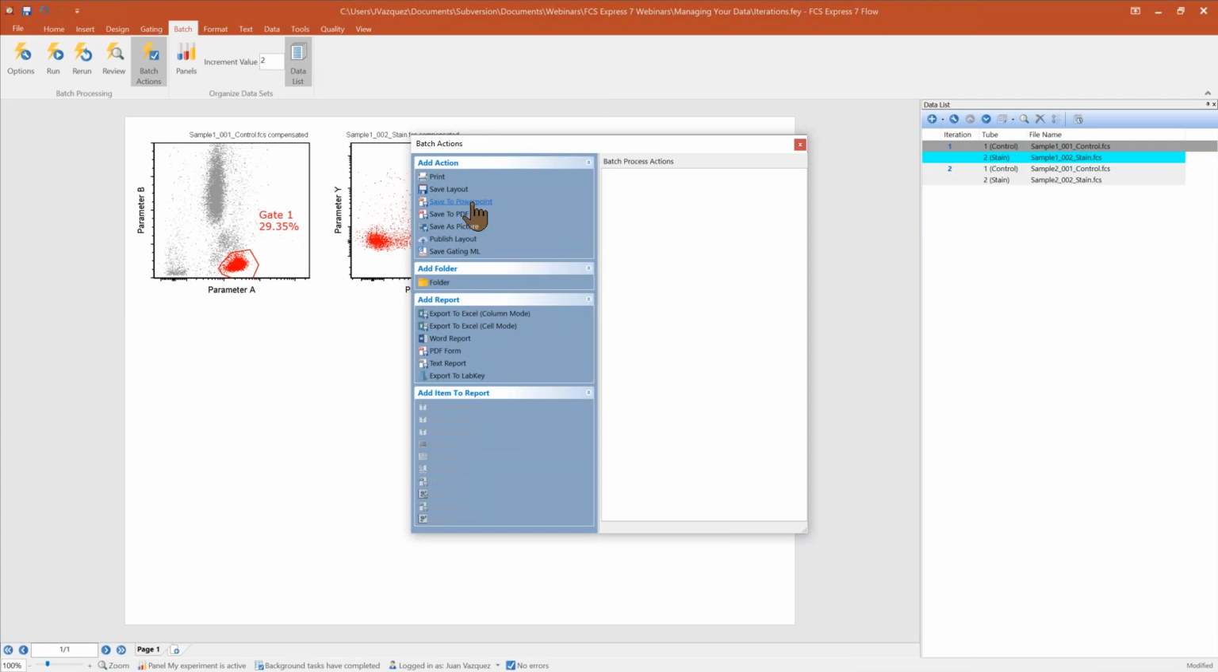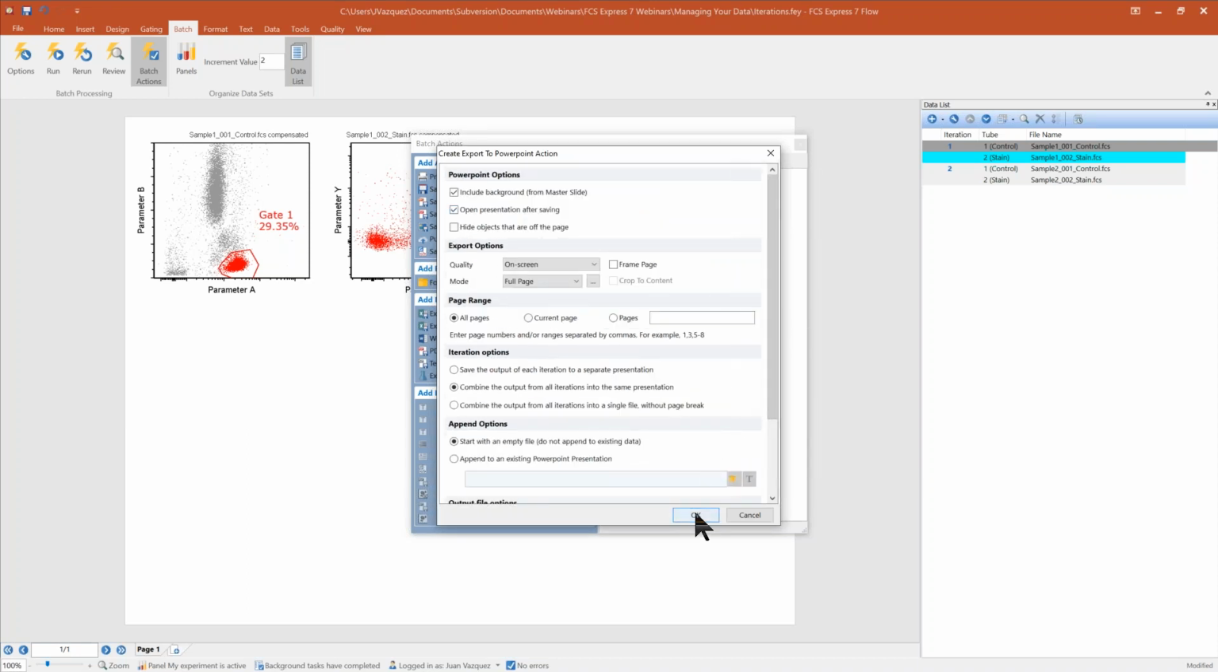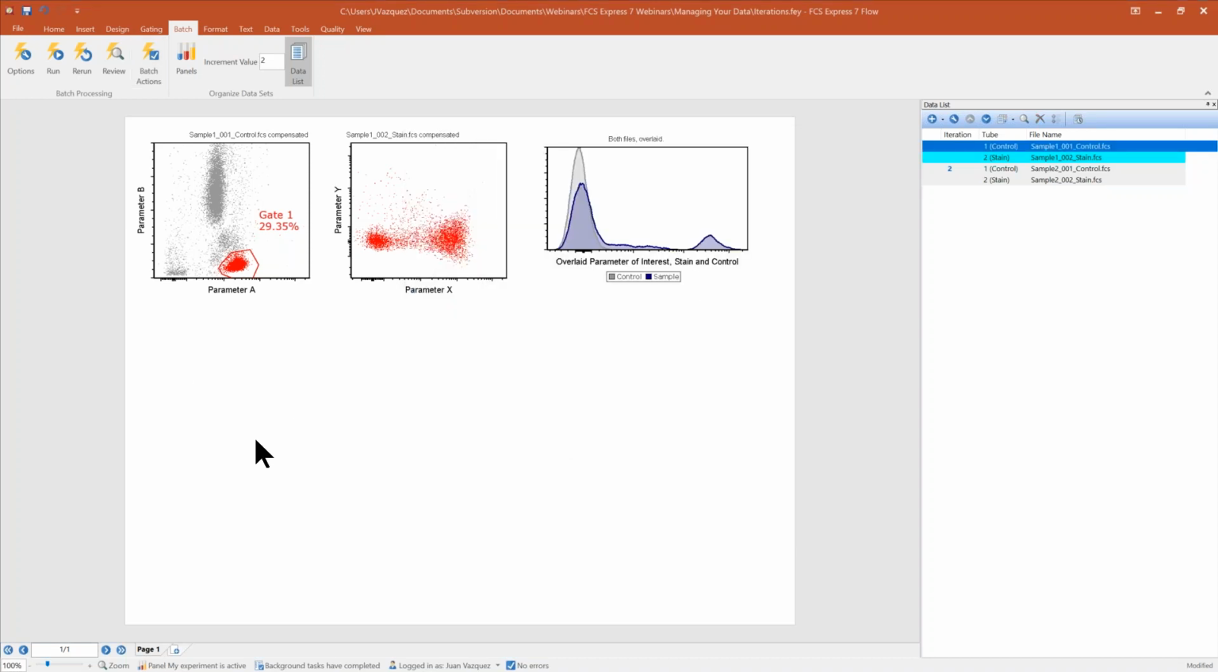is it can enable me to batch my data. Okay, so let's say that I simply just want to export my data to PowerPoint as part of my routine analysis. Okay, so what I can do is I can actually create a batch processing step here as part of this routine analysis and have it saved as part of this template. So now if I actually run my batch,